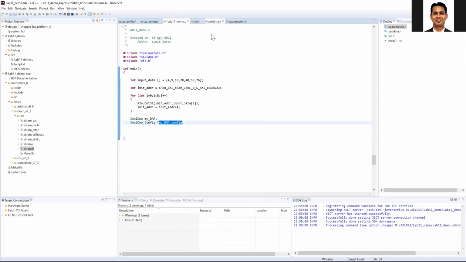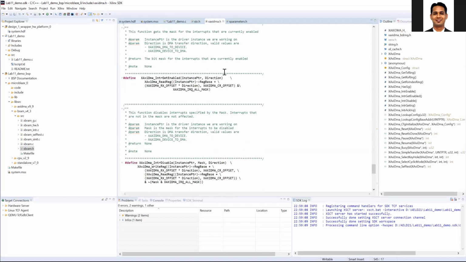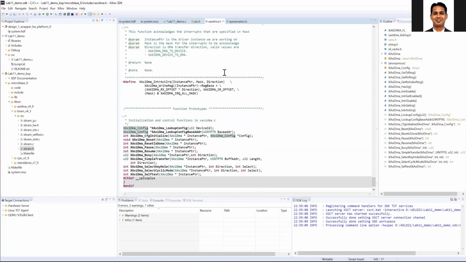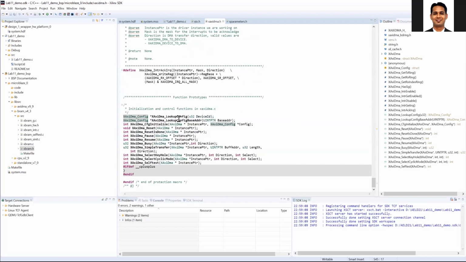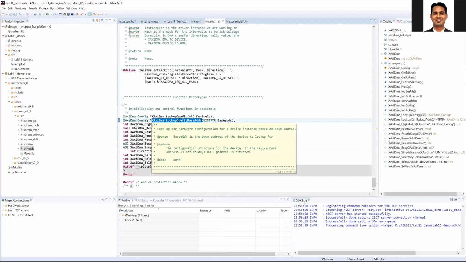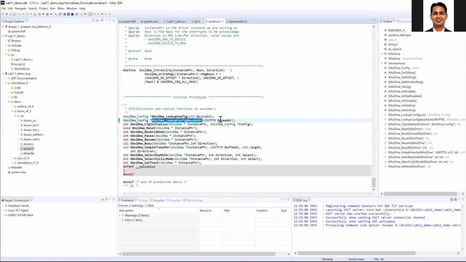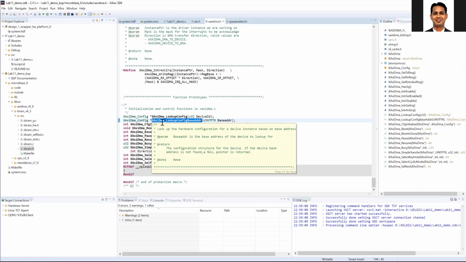For that there is a function, XAxiDma_LookupConfig, which takes the base address. This function will look for the base address and copy all the configuration information.